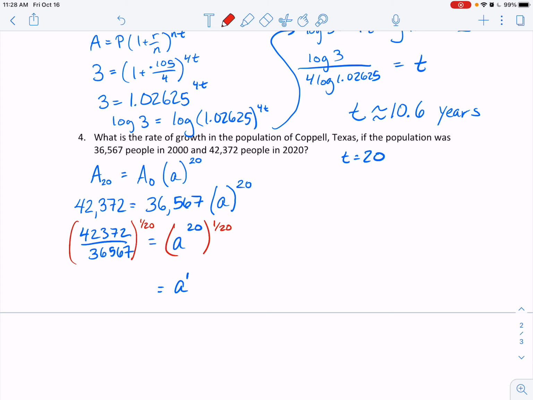I'm going to type in 42372 on the top, divided by 36567. This whole thing, oh, I didn't put a parentheses first, that helps, needs to get raised to the 1 over 20. Okay, and I found that a was approximately